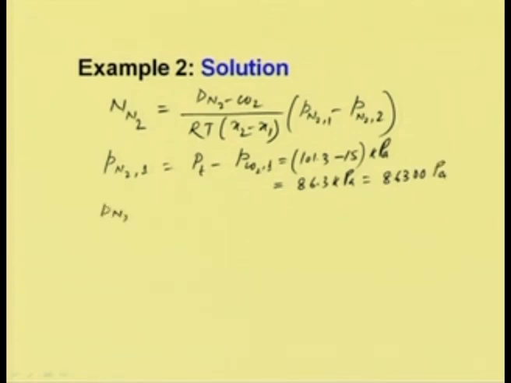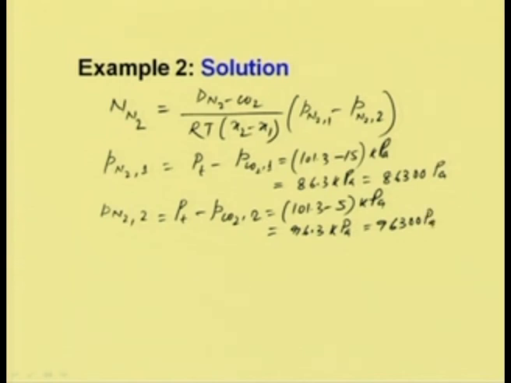P N2 at point 2 is Pt minus P CO2 at point 2, which is 101.3 minus 5 kilopascal, equal to 96.3 kilopascal, which is equal to